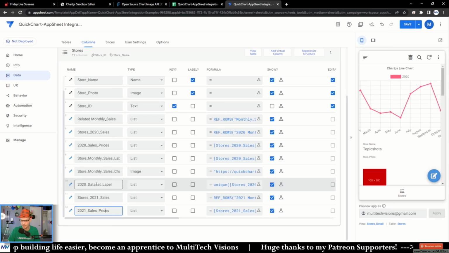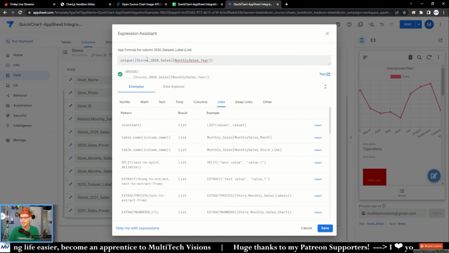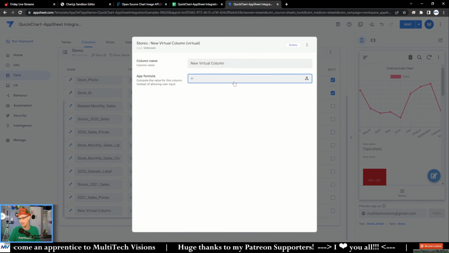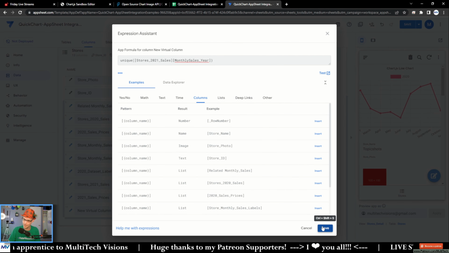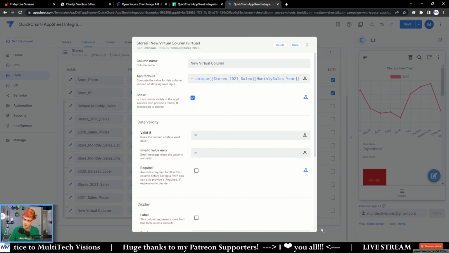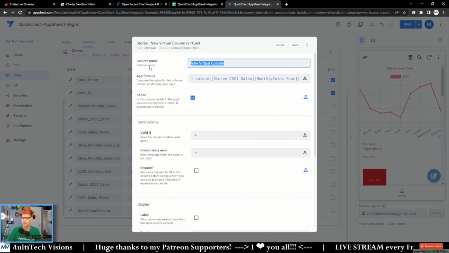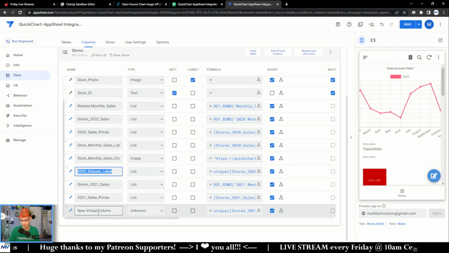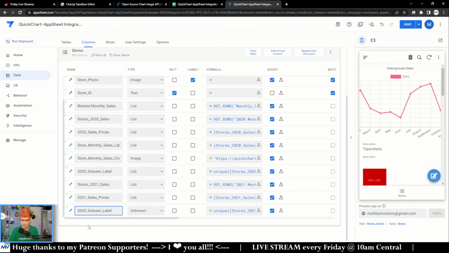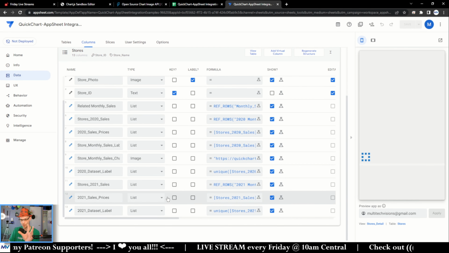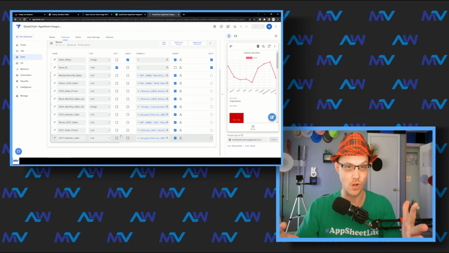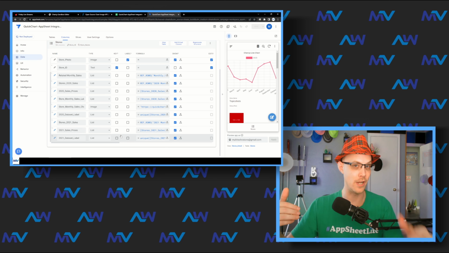And then the 2020 data set label, I need to copy this for the 2021. Make the new column. Wait for it to validate. Can't find it. Yeah, I know, because I haven't saved yet. So this is the 2020 label, and so this just needs to be 21. Save it, so it'll all propagate. Okay, so now that I copied those virtual columns, I have all of those other data points that I need,